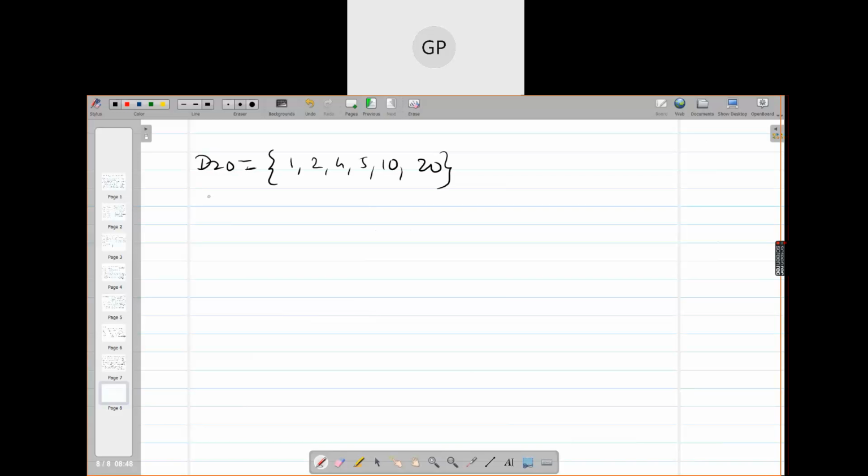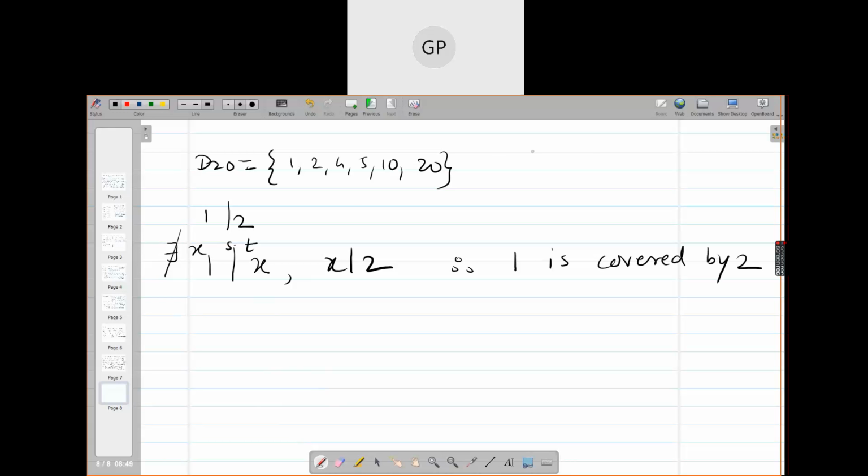Let us see D20 again. I write the elements of D20. Tell me which elements are covered in D20. Now 1 and 2: 1 divides 2. Is there any element that 1 divides and which divides 2? Is there any such element in D20? No, directly 1 divides 2. There does not exist x such that 1 divides x and x divides 2. Therefore, 1 is covered by 2.